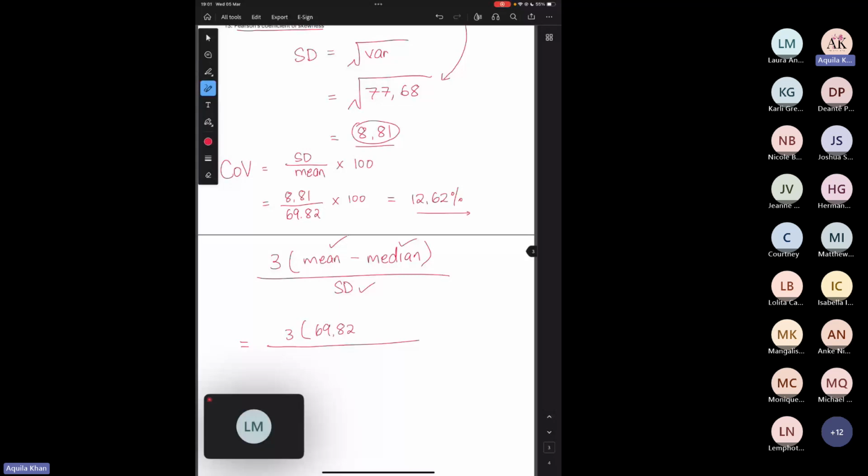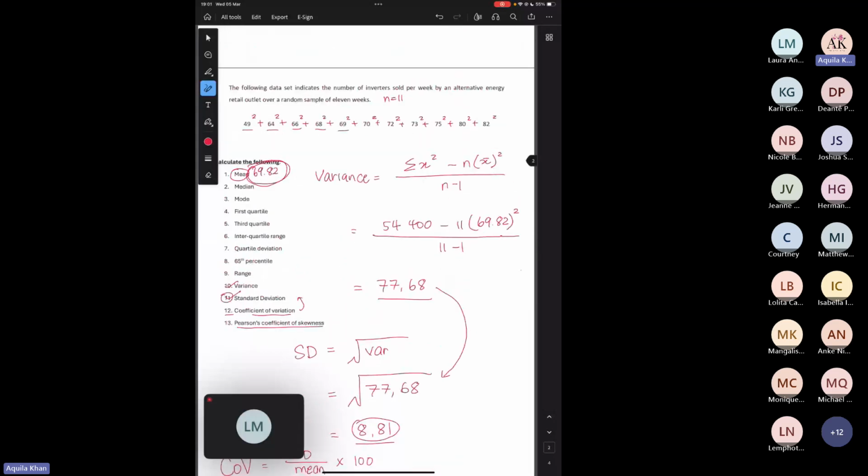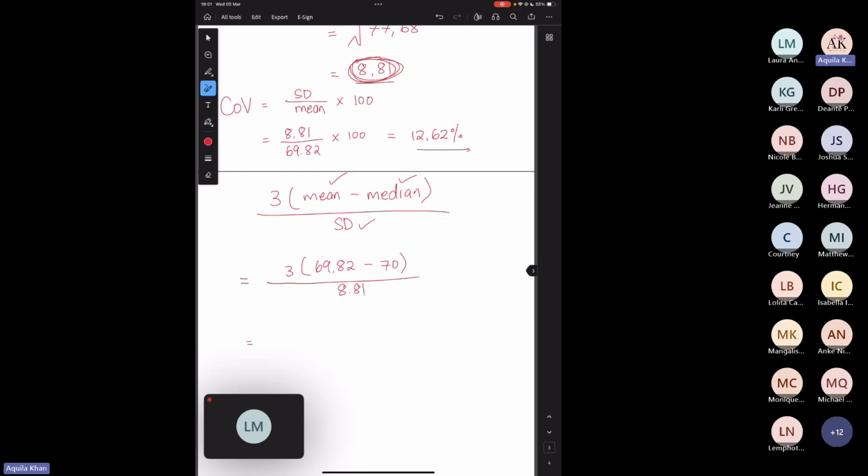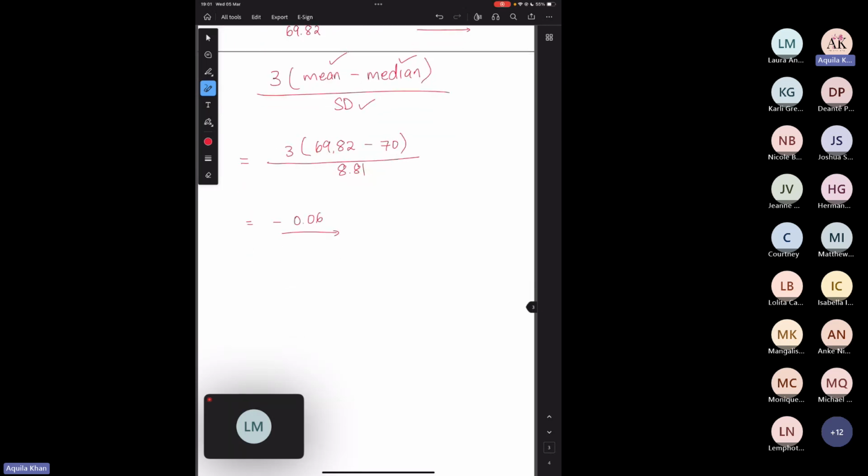Then your median, we did second, and your median was 70. So this is minus 70. And then your standard deviation we did just now was 8.81. So now you have everything that goes into the calculation. And this gives you a negative 0.06. Please don't be alarmed if you do get a negative answer here, because it's completely possible, it's completely normal,